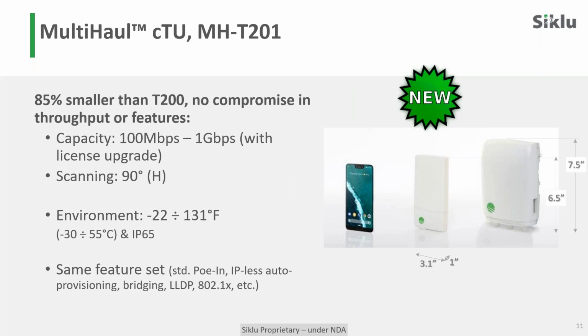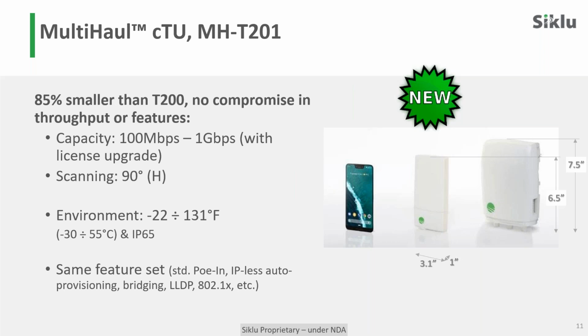All the units that we are talking about today, the base unit and the 2 terminal units that we saw, as well as the cTU, are approved for deployments in the United States. So the cTU is 85% smaller than the existing terminal units, and the reason we are doing this additional step is we really want the deployment of MultiHaul to be as easy as possible. So deploy anywhere. Making the terminal unit smaller makes it easy to basically hide it anywhere you want, and you are going to see as we go along